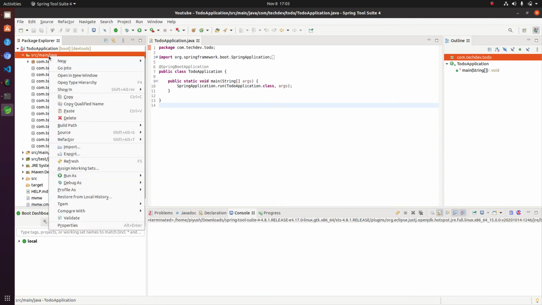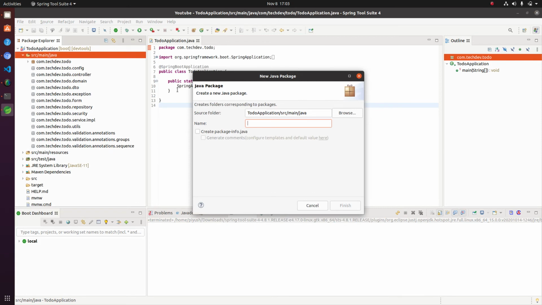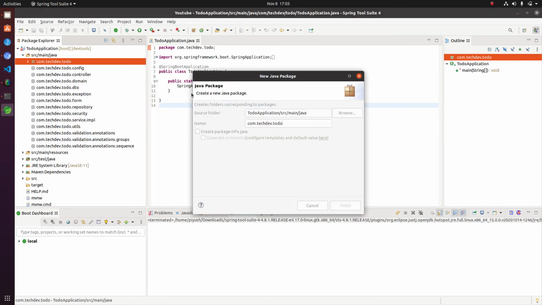And let's create another package which is related to the constant. So it will be to do dot constant.